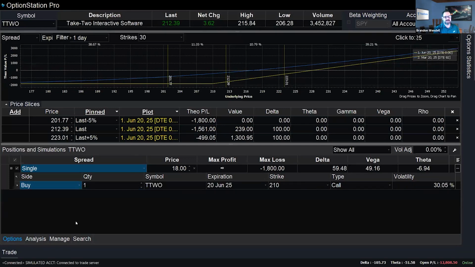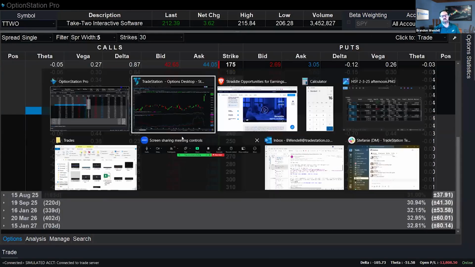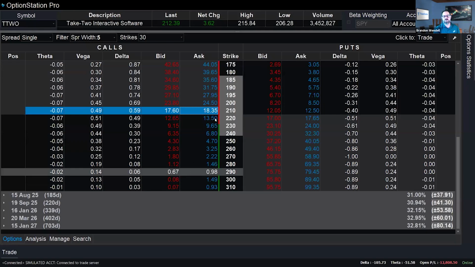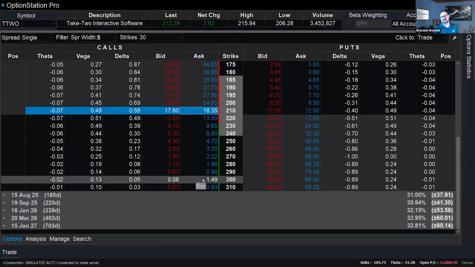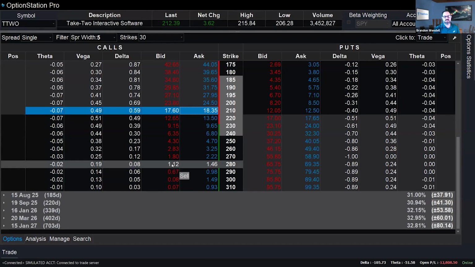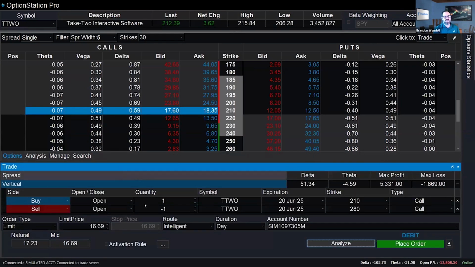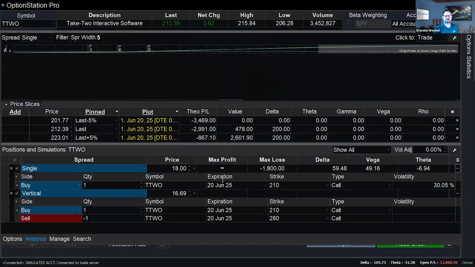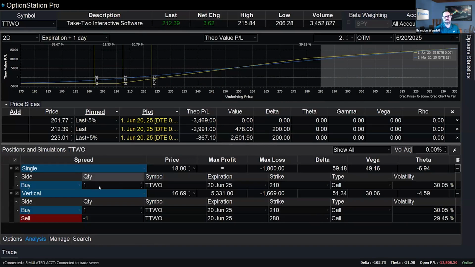But really what I can do now, delete that one, go back, is if I know where I'm likely to sell this, I'm not going to go through all that right now. I'll just pick a hypothetical number. But if I'm willing to buy it around 210 and sell it, let's say at 280, I create a bull call spread, which is a debit spread. And let's see how that looks in comparison to just simply buying the call. Well, price-wise, buying the call is 18 bucks. Now, the bull call spread is only 16.69.